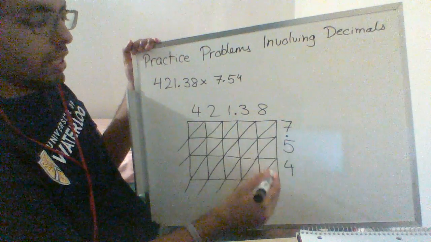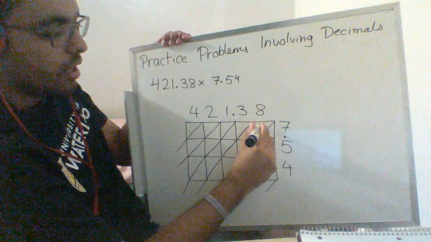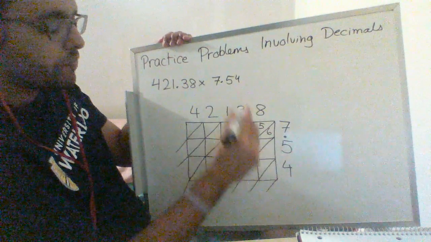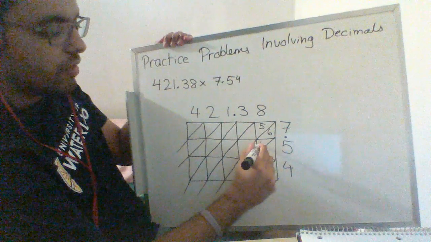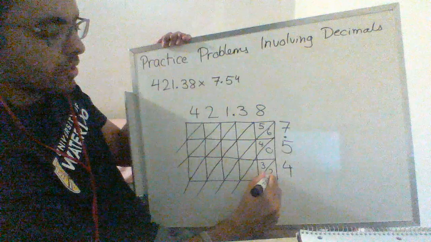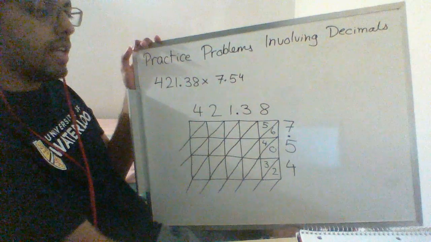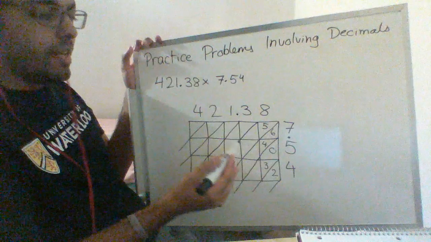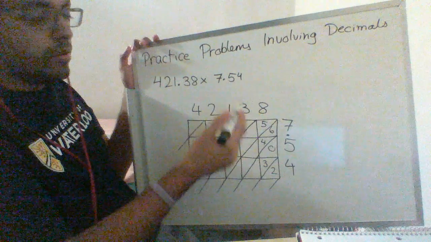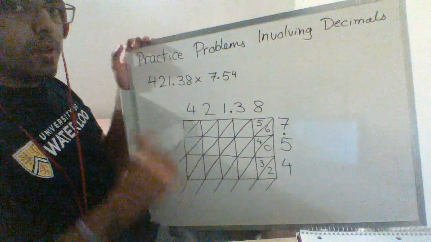We just fill in all of these boxes. 8 times 7 is the first one. We'll get 56. 8 times 5 is going to give us 40, and 8 times 4 is going to give us 32. Now if you happen to find yourself like on the test getting stuck that, oh, I don't know 8 times 7, but I know 3 times 4, the beauty of lattice multiplication is you can fill in these boxes